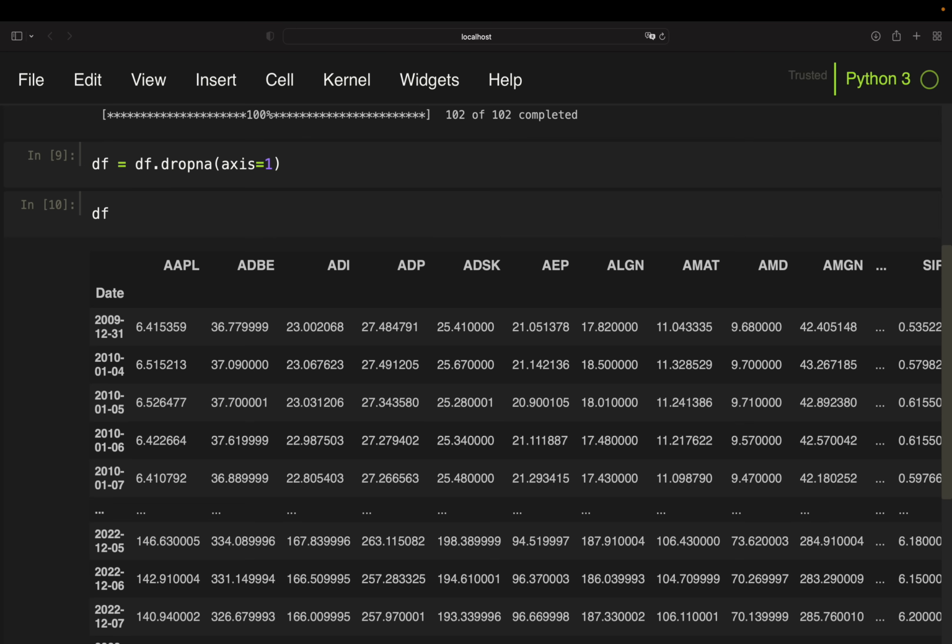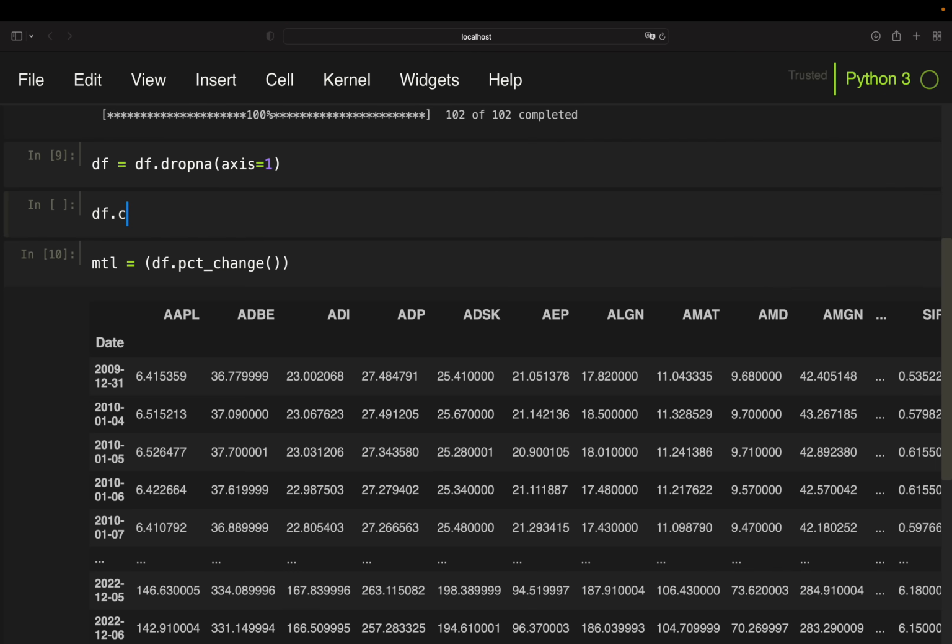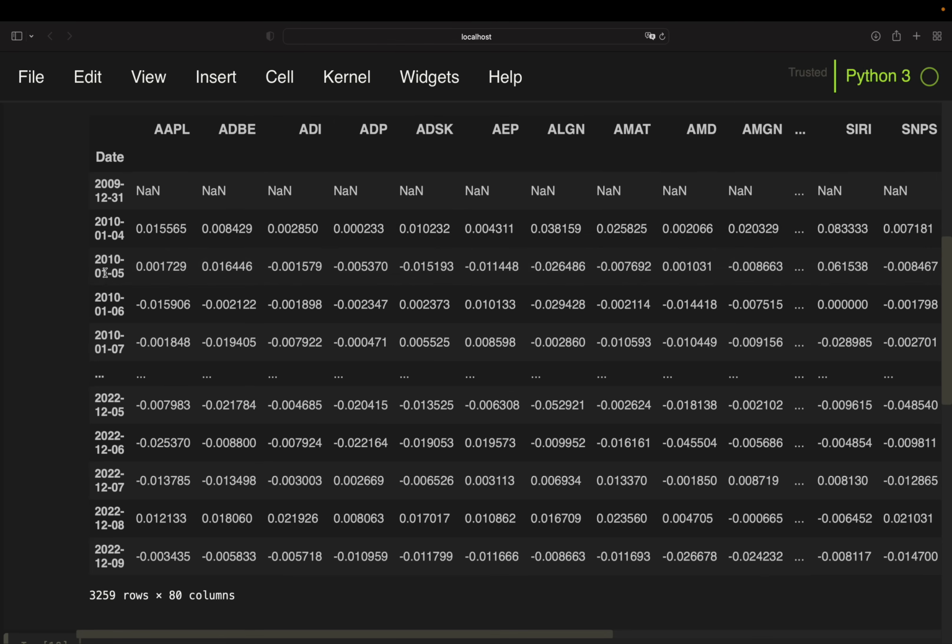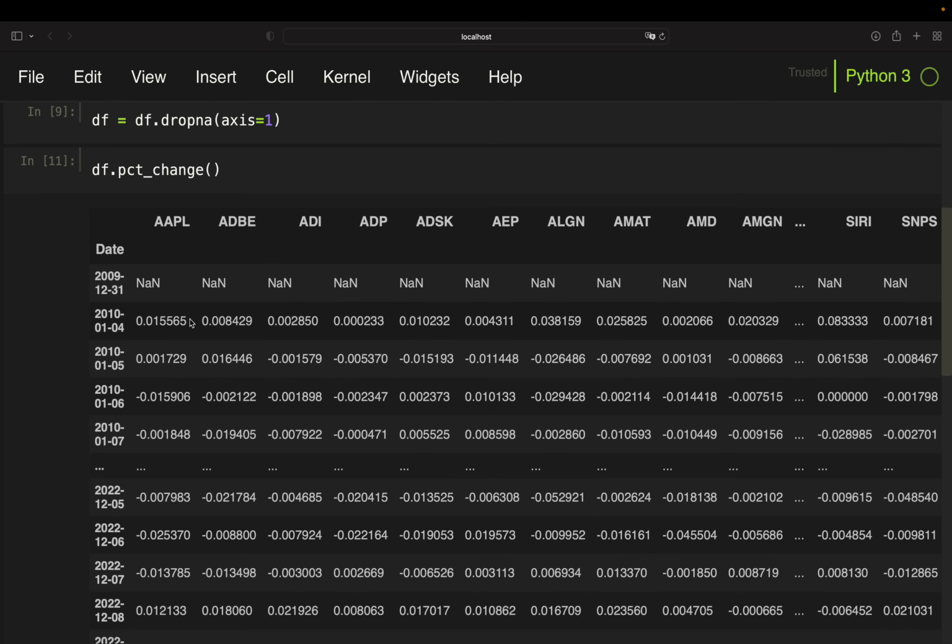Because we need a 12-month return, a 6-month return, and a 3-month return, right? First of all, I'm calculating a monthly return, and I'm storing that in MTL for monthly. Use df, then calculate relative changes. So I'm going to show you step by step. It's easier to understand then. So you see I'm getting the daily returns with that, and then I'm simply resampling them on a monthly base